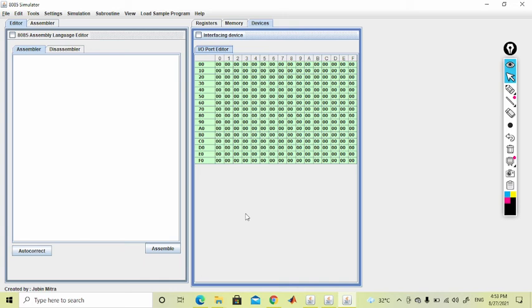It also shows the content of the input output ports memory. So here we have to do the different programs, and we also have to learn how the basics of programs are done here.